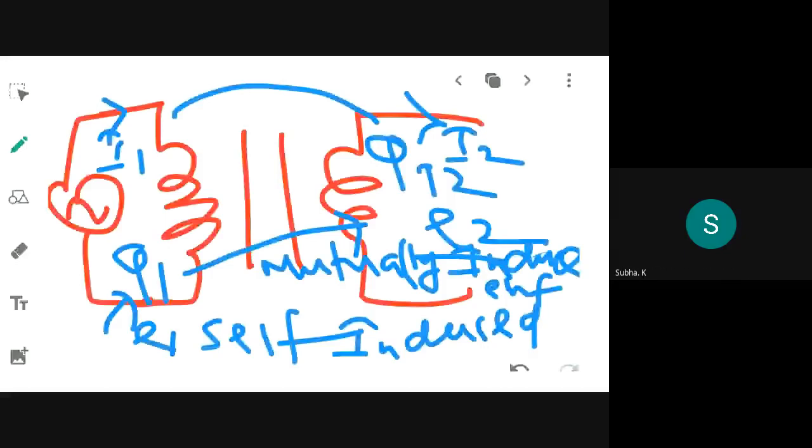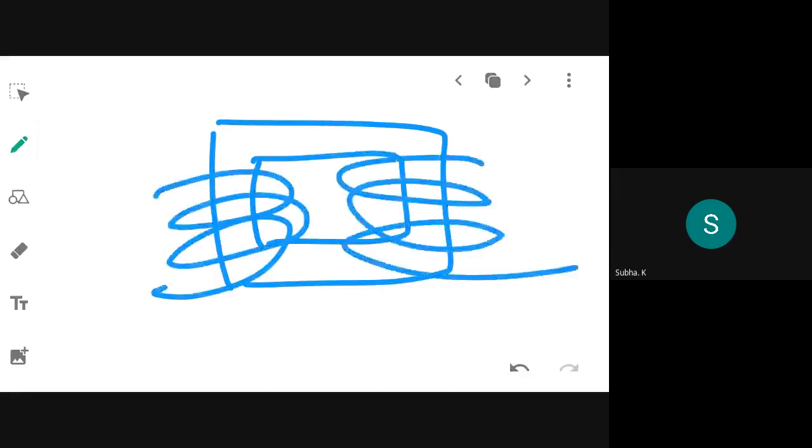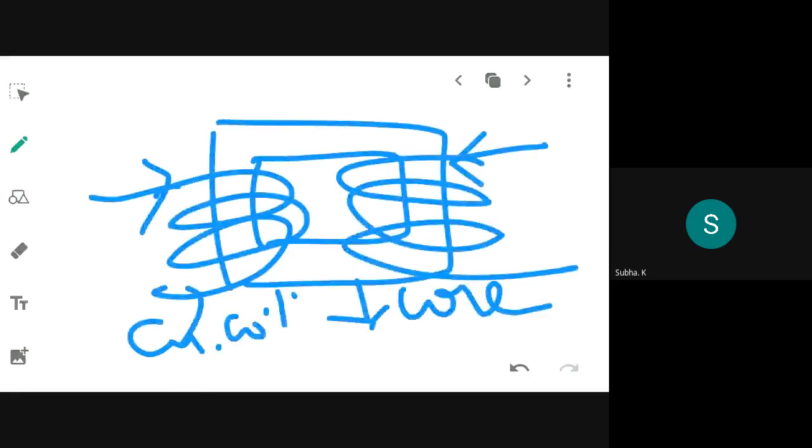So here, what type of field and what type of conductor arrangement do you have? Stationary conductor. Here I have a core. Core is nothing but a magnetic medium. So this is my core, that is the magnetic medium. This is my copper coil, that is a conductor. Because of this current, there will be a flux that is set up.